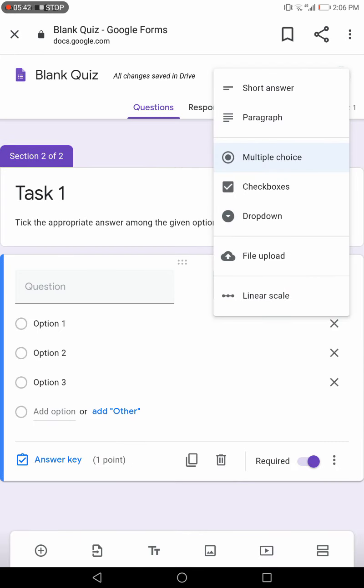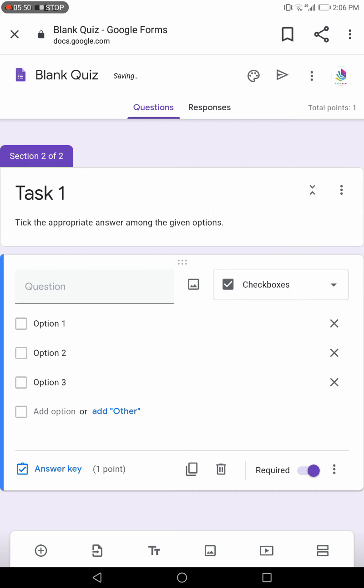If you are, for example, going to use a kind of question that requires more than one answer, you need to make a checkbox, sorry. I guess this is clear. Okay, now please let me